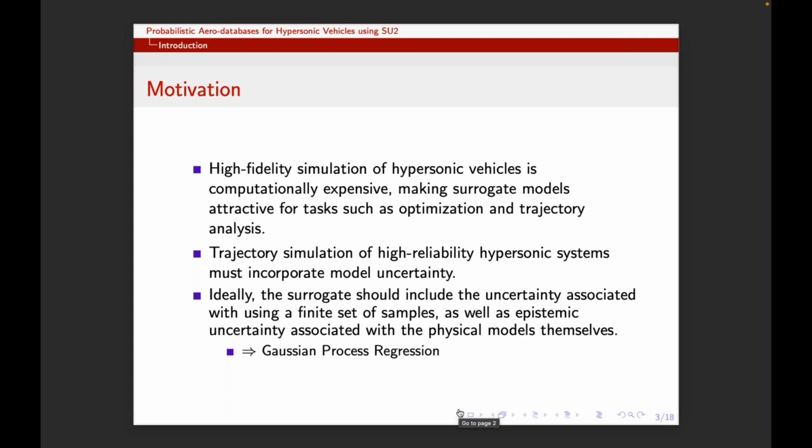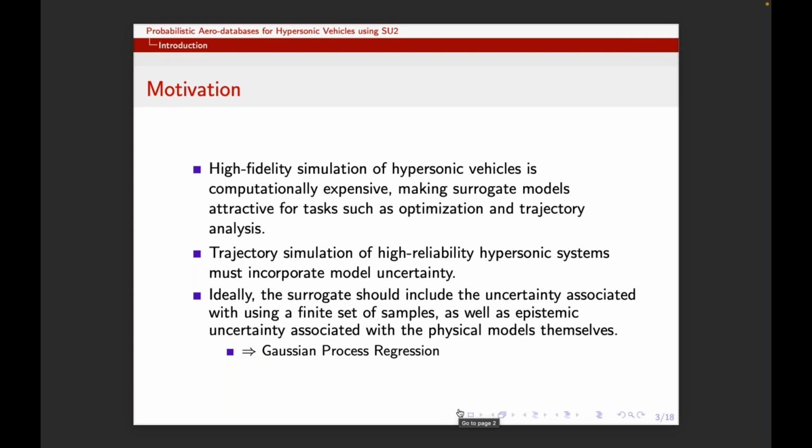We're also interested in this aspect of model uncertainty, particularly in hypersonic models where we have limited experimental data, and therefore we have error bars around our simulations for both things like aerodynamic forces and moments, but also aerothermal loads like surface heating. And the result of this is that it's very useful to us to be able to quantify the epistemic uncertainty in our models when they're used in other tasks, such again as trajectory analysis or optimization, just because we're not able to fully reduce that uncertainty, which is true in all regimes, but particularly true I think